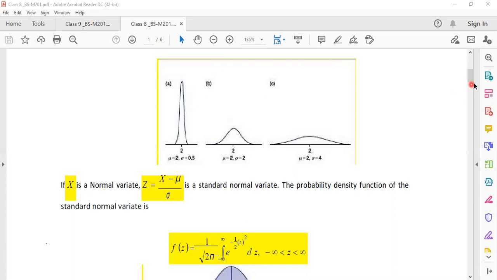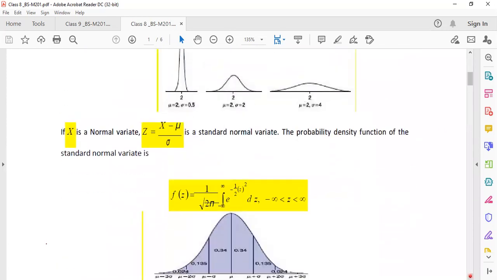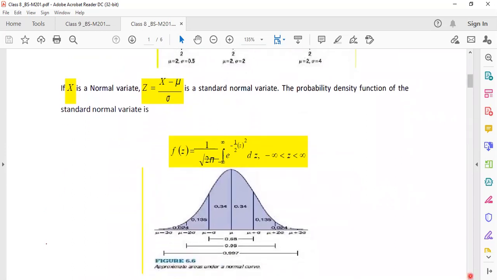Look at this probability function. What this probability function is actually doing is integrating from minus infinity to plus infinity this particular function, exponent of minus half, x minus mu by sigma, whole square. Now, for the sake of studying the probability function, we can do one thing over here. We can introduce another variable into the picture.